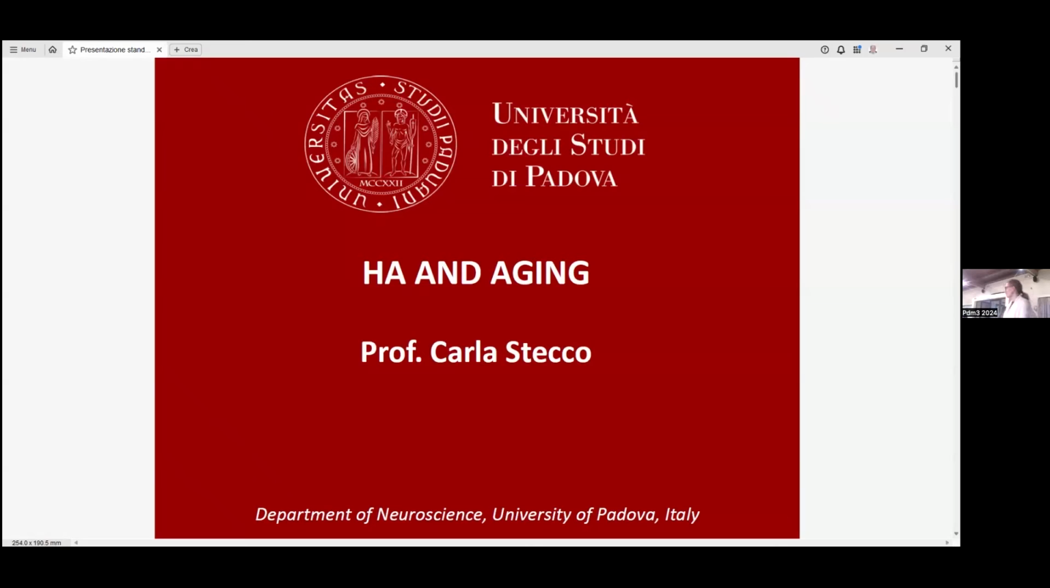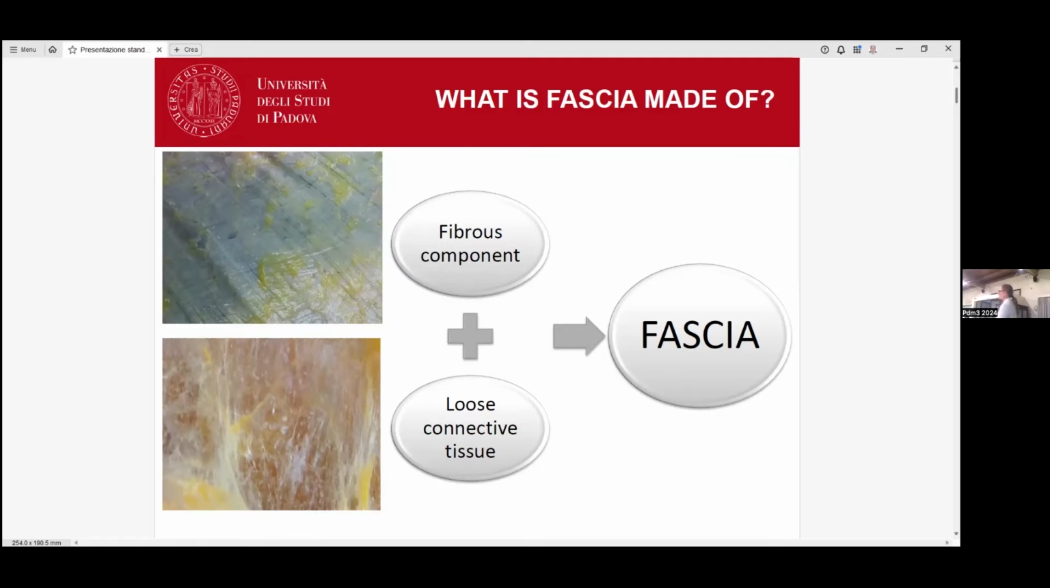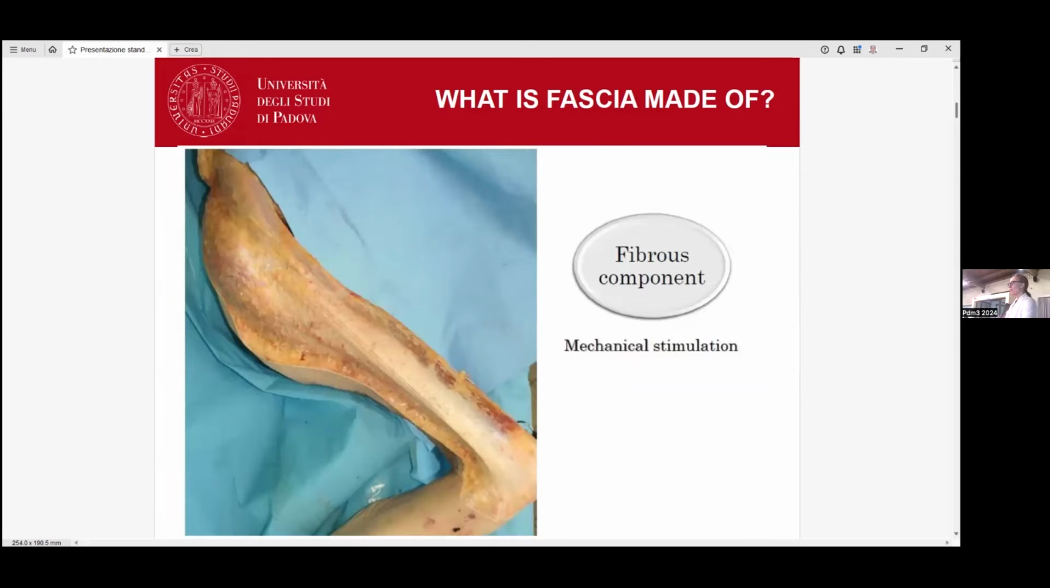My presentation is about the presence of hyaluronan in fascia and how it changes with aging or in other conditions. First of all, when we speak about fascia, we need to understand that the fascia have a double component. They have a fibrotic component and the loose connective tissue. The fibrotic component allows the mechanical